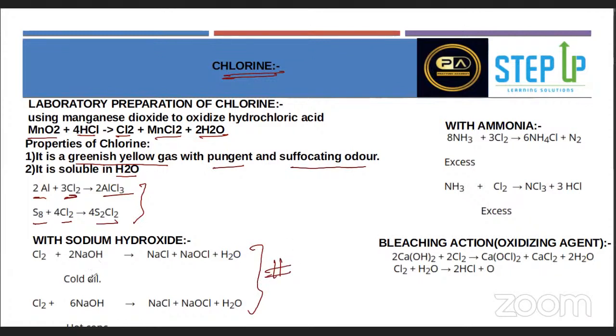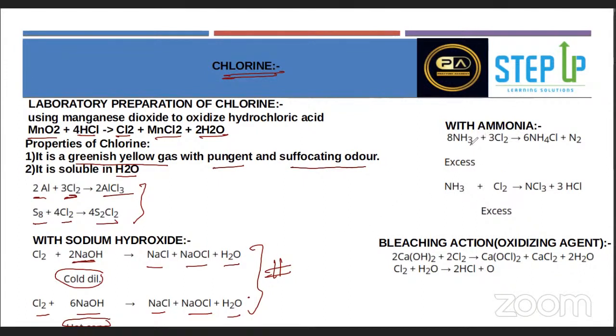Now, chlorine with cold dilute NaOH gives you NaCl, NaOCl and H2O, and with hot concentrated NaOH it gives NaCl, NaClO3 and H2O. But what is the difference here? I'm taking hot concentrated here, and cold dilute there. What is different here is, see, I'm just increasing the number of moles over here. The reaction is comparatively very fast compared to this one. This is what? Sodium oxychloride,